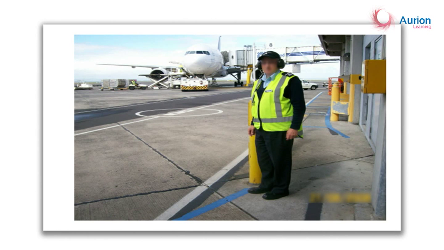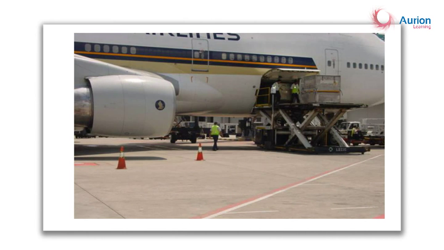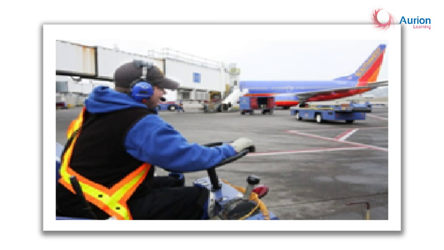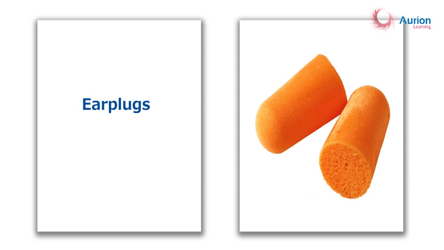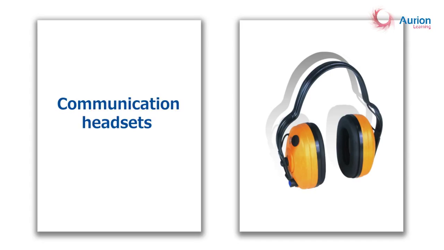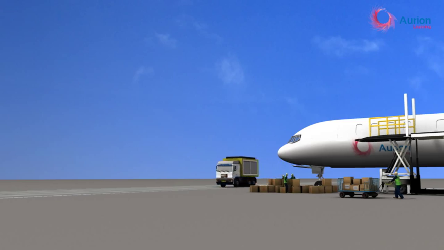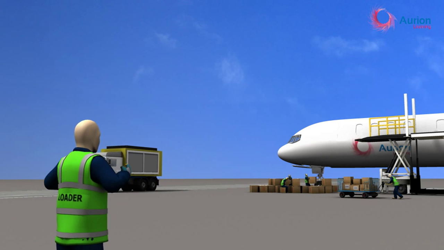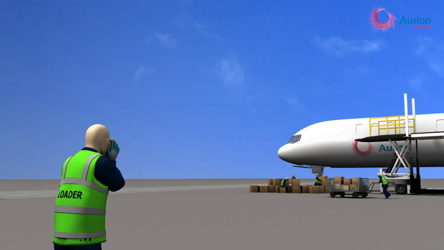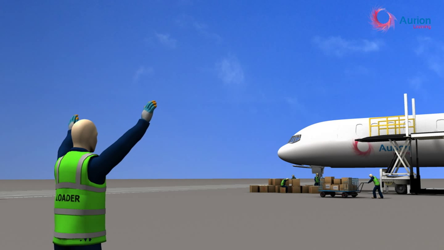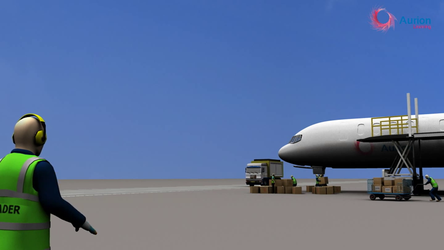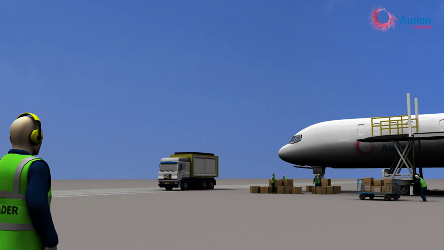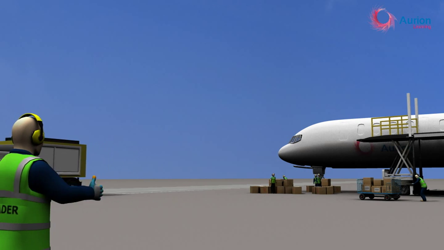Secondly, always wear protective equipment when sustained exposure to high decibels is unavoidable due to the job profile, as happens in the airline industry. Earmuffs, earplugs, communication headsets. And Professor, what is to be noted is that use of these protective equipment not only save us from physical and psychological problems, but also help improve efficiency by filtering out high-frequency background noise and making voice communication that much easier.